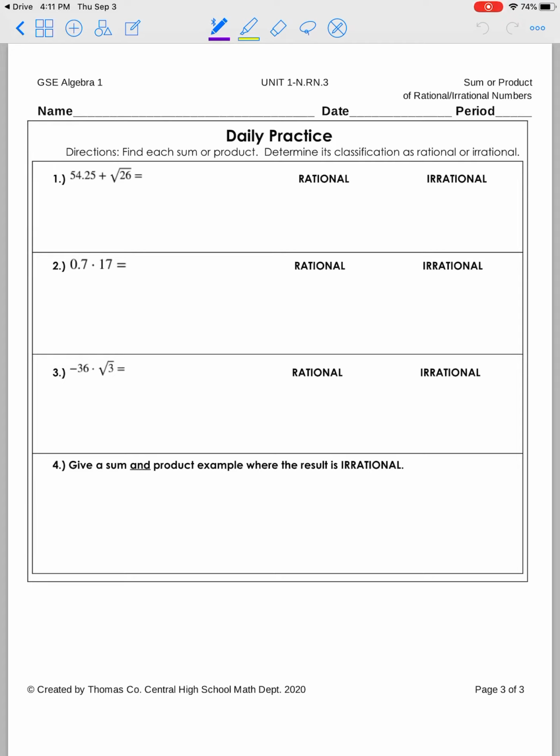Okay, your assignment. You need to complete this daily practice, print it out, whatever you need, write on it. Show your work, and then you need to take a picture and upload it to Google Classroom. Also, for today's assignment, after you do this daily practice, there is a ticket out the door that goes with everything that we've done this week. It has just a few problems on it for you to go through, solve, and submit. You need to do that, and that is due by Sunday. So you need to get all your assignments for this